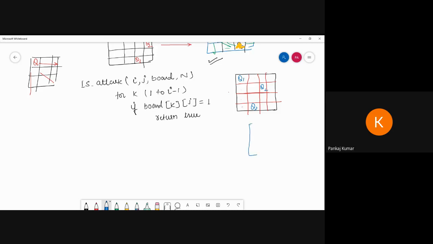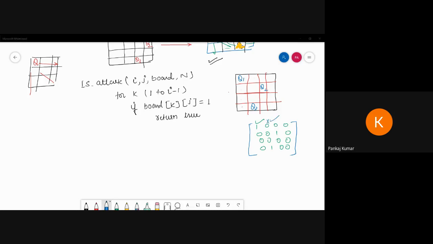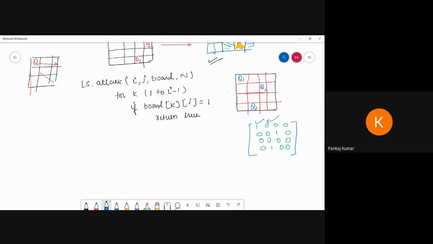How does it look like? Where the queen is present, 1, other part is 0. Now 0 0 1 0, 0 0 0 0, 0 1 0 0. These are the positions of the queens. Where the queen is present, we put 1, and where the queen is not present, we put 0. So this will be true.